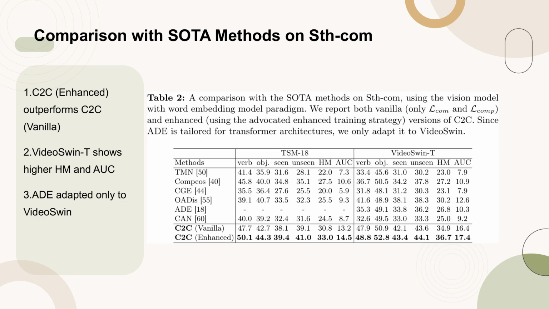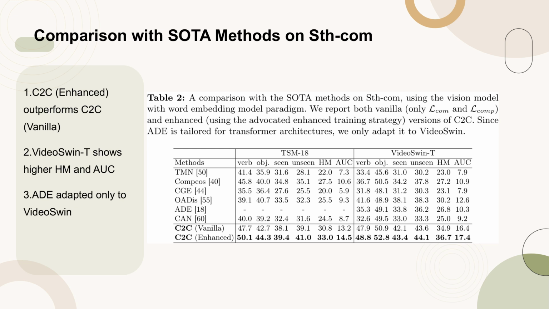Table 2 presents a comprehensive comparison of the component-to-composition learning (C2C) method with state-of-the-art (SOTA) methods on the Sth-com dataset. The comparison is conducted using the vision model with word embedding model paradigm. The table reports performance metrics for both the vanilla version of C2C, which only uses Sth-com and Comp, and the enhanced version, which employs the advocated enhanced training strategy. Notably, the enhanced version of C2C demonstrates superior performance across various metrics such as verb and object seen and unseen accuracies, HM (harmonic mean), and AUC (area under the curve). The VideoSwin model, which is adapted from the transformer architecture, shows particularly high HM and AUC scores. Since the AD method is specifically designed for transformer architectures, it is only adapted to VideoSwin in this comparison. This table highlights the effectiveness of the enhanced C2C training strategy and the performance capabilities of the VideoSwin model and